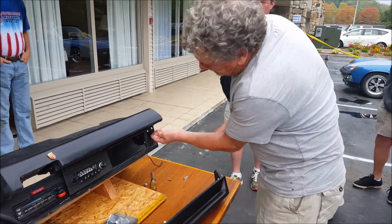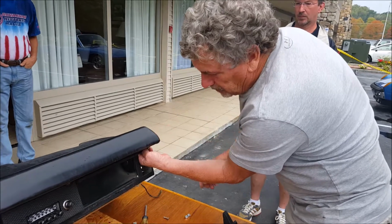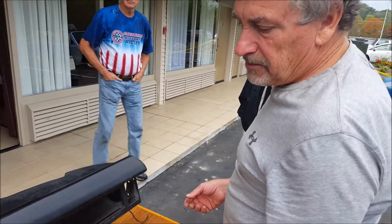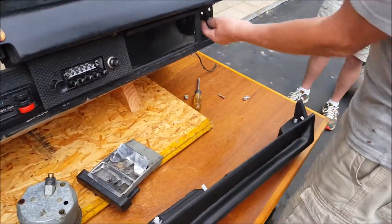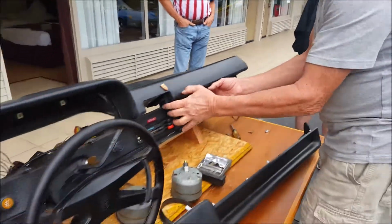That'll allow me access to this one back here. There's one more of these, let's see, they're a combination of steel and plastic 8mm nuts. And there's one back up in here. Okay, with this out,